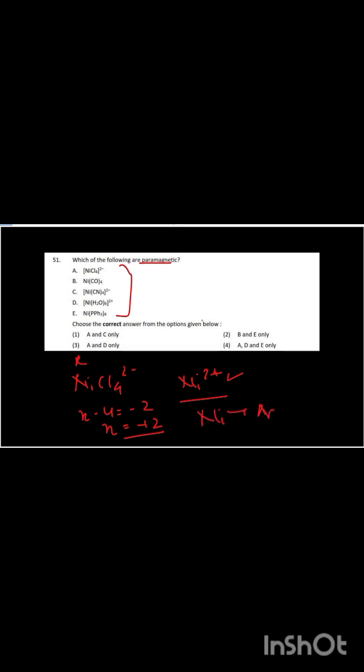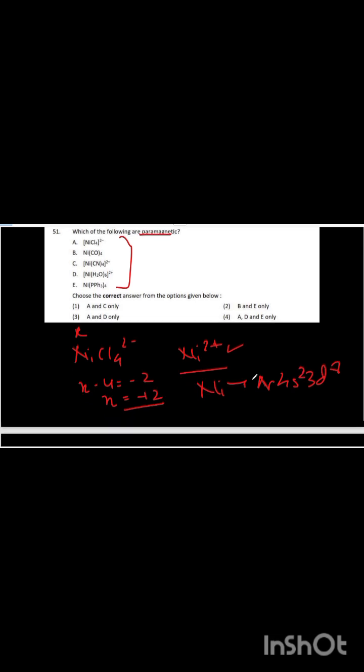Nickel has atomic number 28, so its configuration is argon 4s2 3d8. Nickel 2 plus will have argon 3d8. Now what happens is,